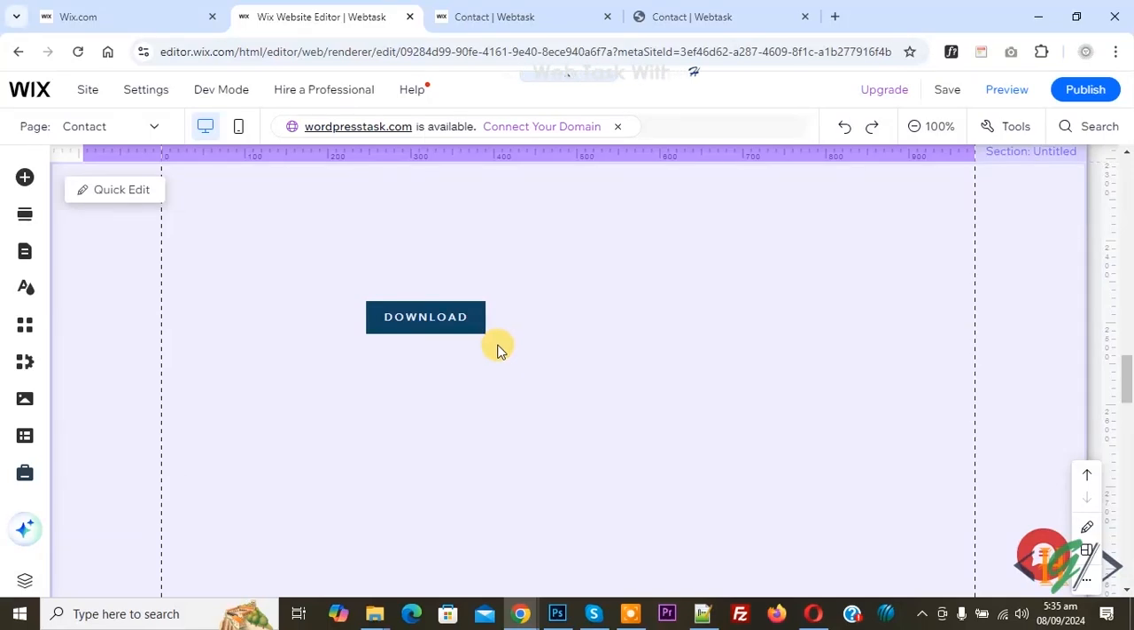Bismillahirrahmanirrahim. Assalamu alaikum. My name is Hassan and today we are going to hide this button on mobile layout only